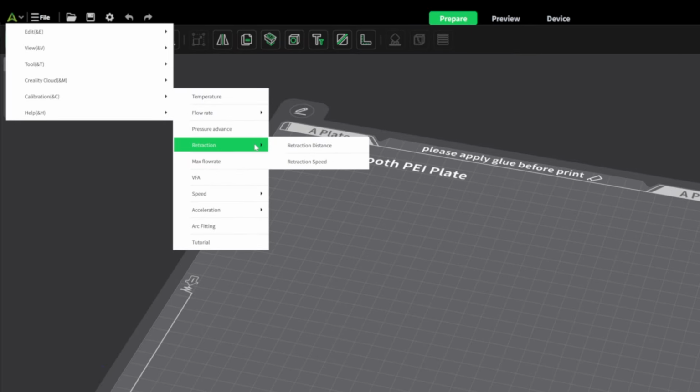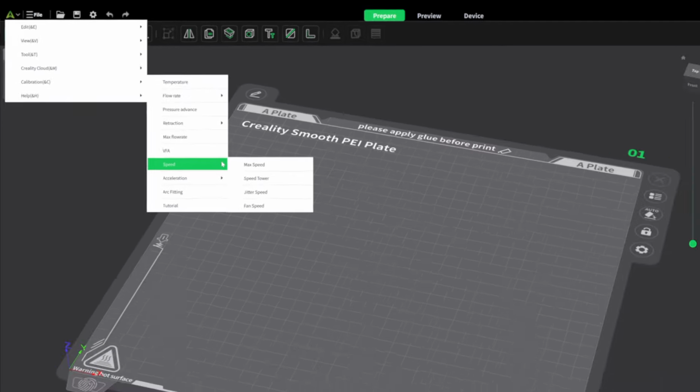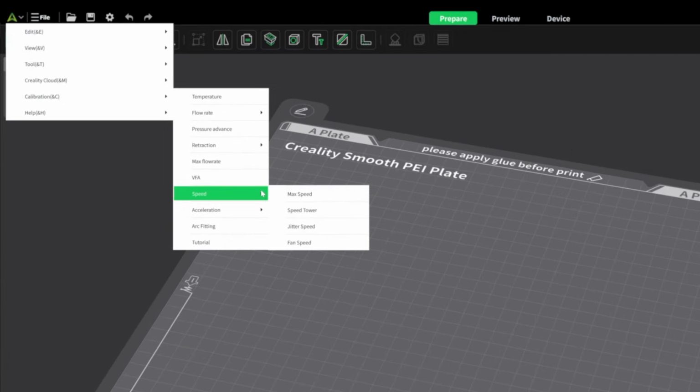But on 5.1, you have some new features, some new tests to calibrate your printer. And from that perspective, you have the retraction tests with 2 different tests for retraction. You have the speed test, the acceleration test, and the arc feeding test. So for me, the most important menu you can find here is the speed menu. The speed menu, you can have the max speed test, the speed tower, the jitter speed, and the fun speed,